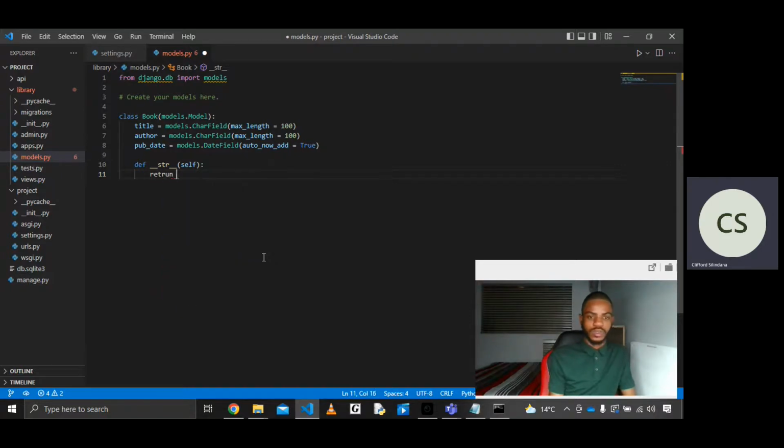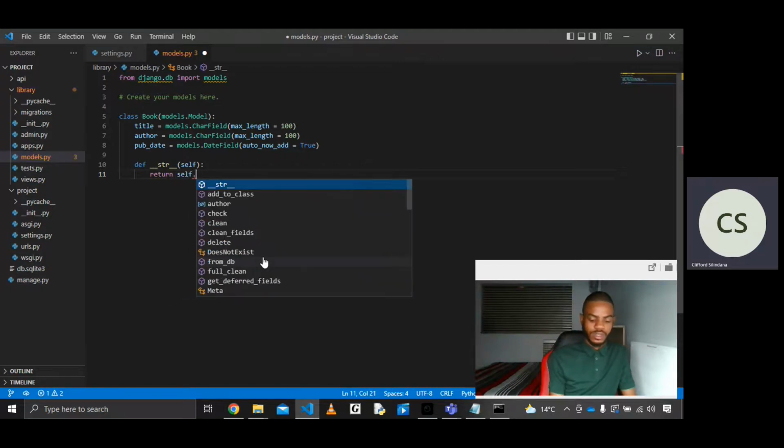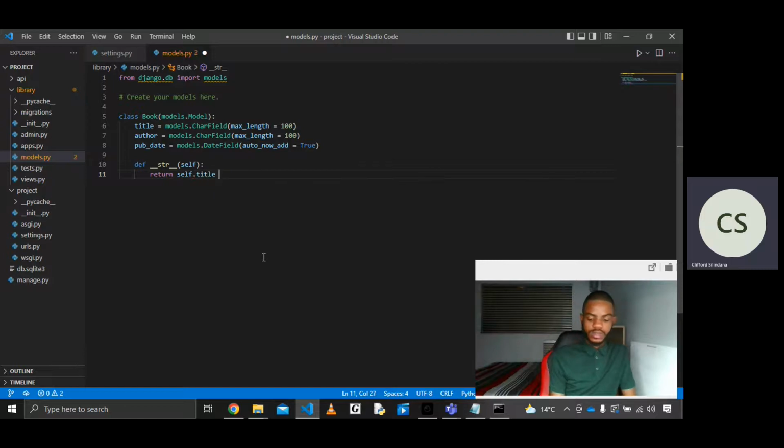So what we're gonna do here, we're just gonna return self.title plus, I think that looks good. You can just add a space. Another plus. We are concatenating strings here. So this is how it's going to be